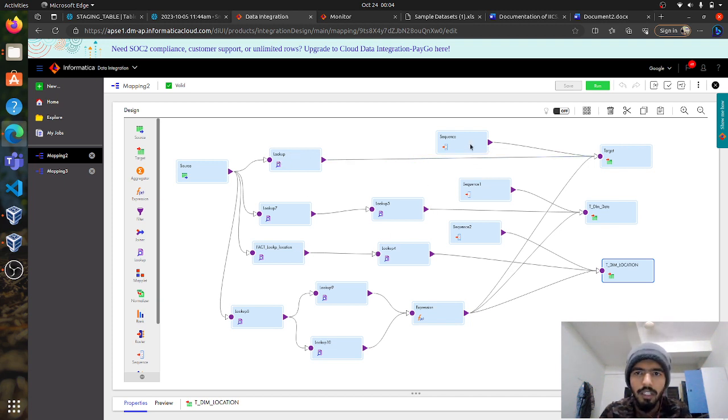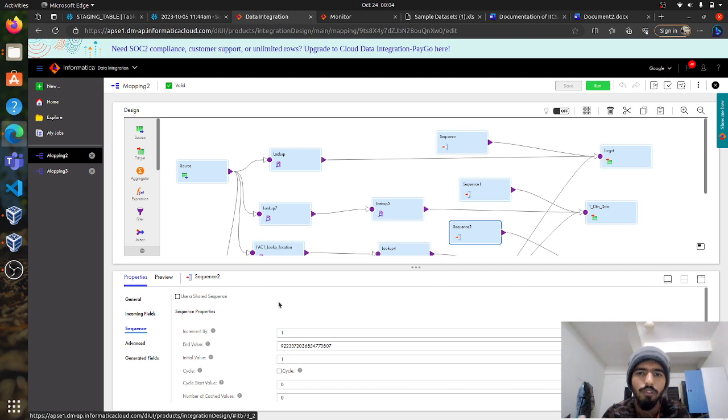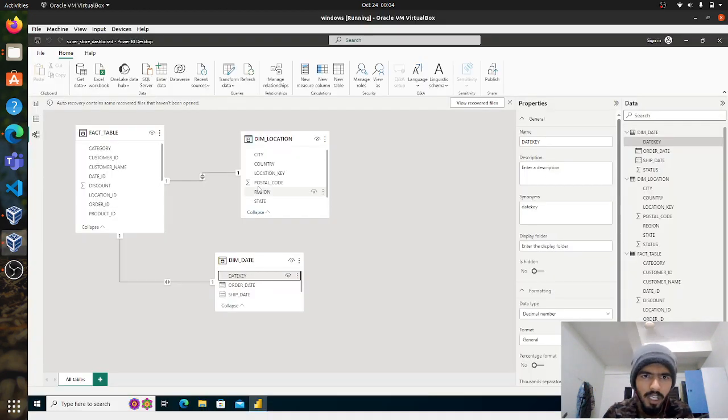So here you can see there are 3 sequence generators. What are sequence generators? Sequence generators are a type of transformation which helps us provide a sequence, just 1 2 3 4 5 6 7. This generates a sequence. Why is it used? Because as I showed you in the previous slides, here are the location key and date key.